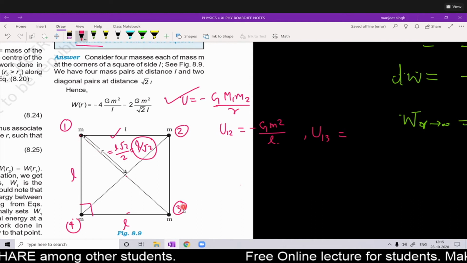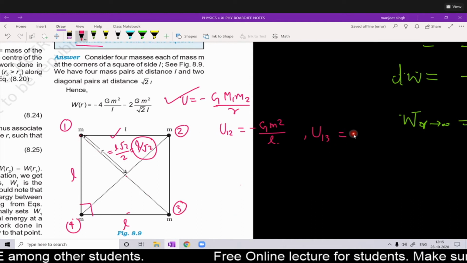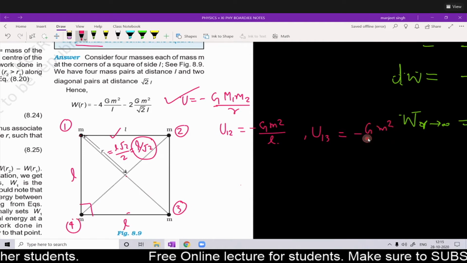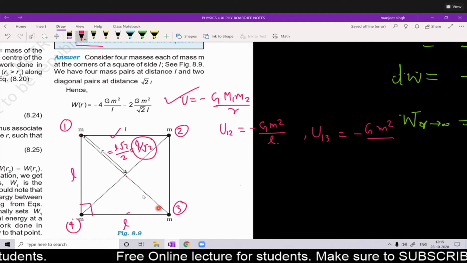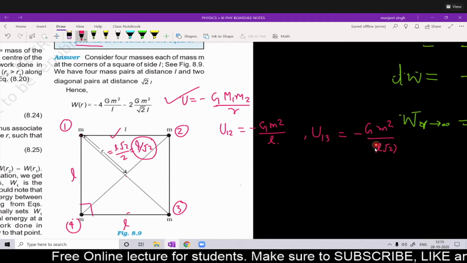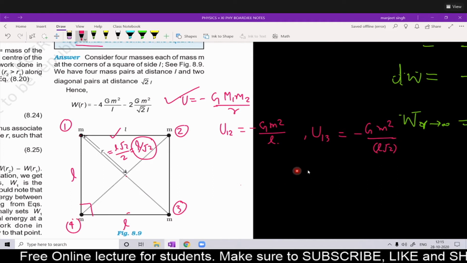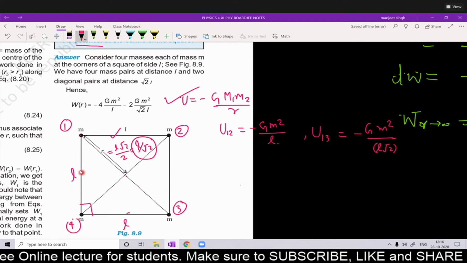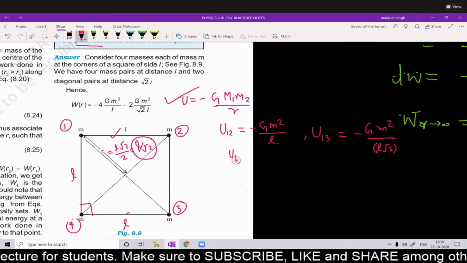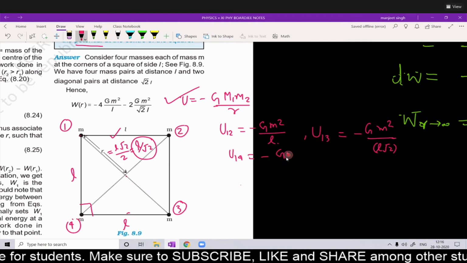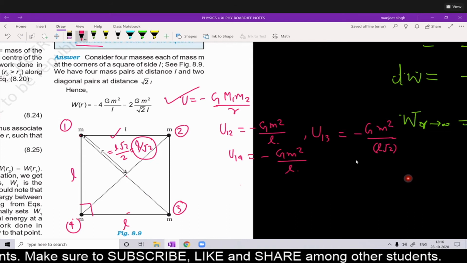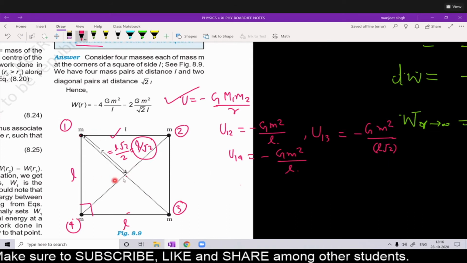एक से हर एक का पेयर बनाना है। 1 का 2 बन गया, 1 का 3 कैसे बनेगा, माइनस जी एम स्क्वायर अपॉन, व्हाट इज दिस डिस्टेंस, L√2, तो यहाँ पे आएगा L√2। ओके, अब 1 से इसका पेयर भी बनेगा, और क्या आएगा, U14 माइनस जी एम स्क्वायर अपॉन L। तो 1 से सारे पेयर हो गए, तो लेट मी मार्क इट, ये